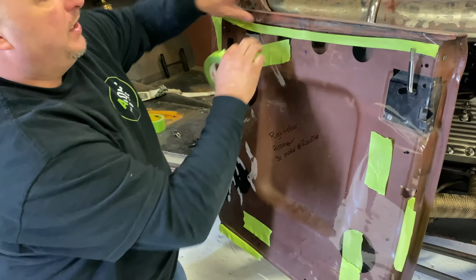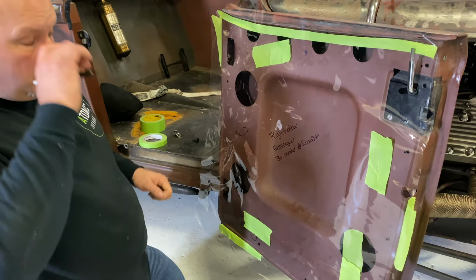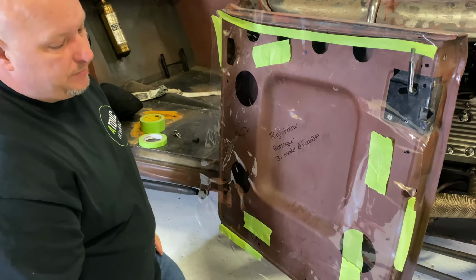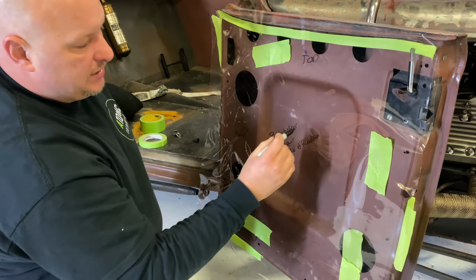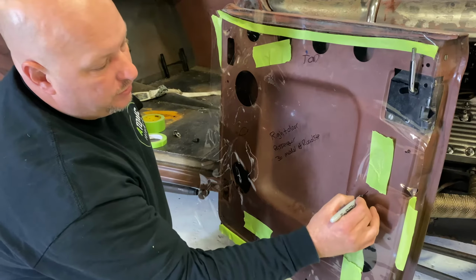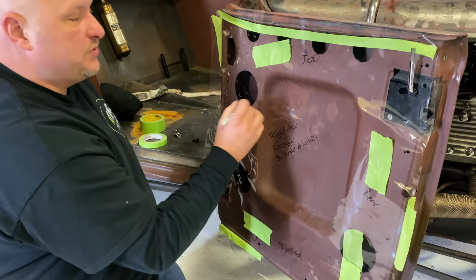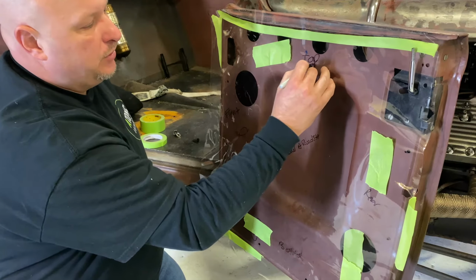Radius to go by for that door. We should have arrows too, correct? So we make sure we remember where to cut. Yeah, that's a good point. Whenever you're doing your templating, usually we'll always put top. You'll see we put right door, passenger, 30 Model A Roadster. You'll put bottom, you'll put rear, and then front. So when you send it to us, or to whoever you send it to, it'll be clearly labeled,